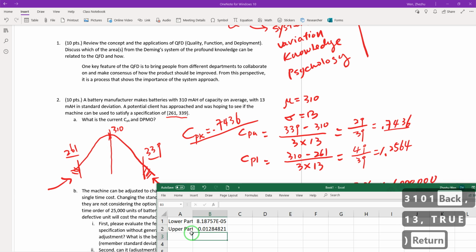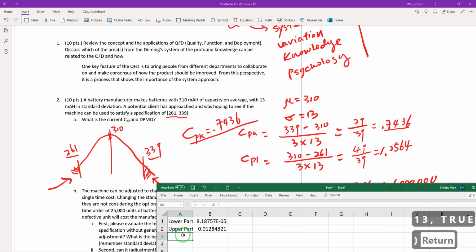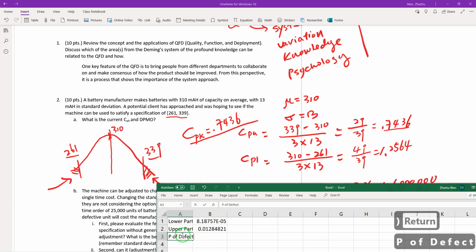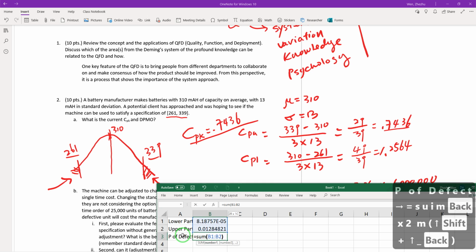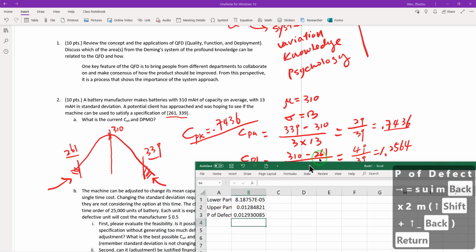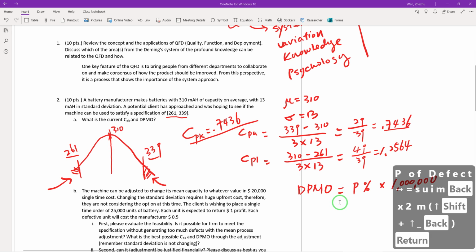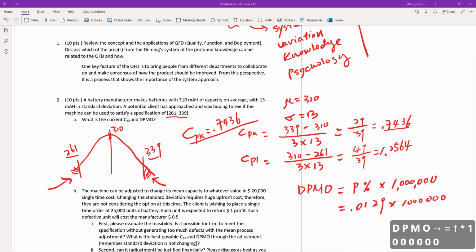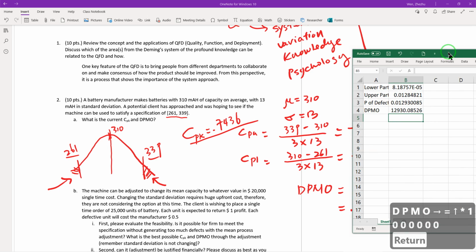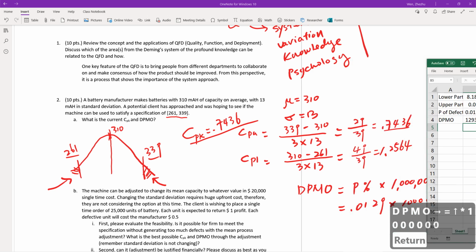under true here. Okay, so in combination, the proportion of defects is the sum. Okay, here is going to be the proportion of defects. Let me write it down. That multiplied by 1 million, DPMO. So this is your DPMO, 12930. Okay, so